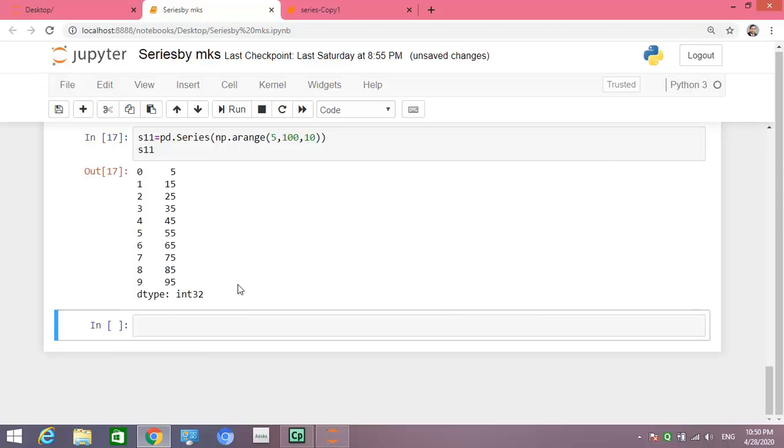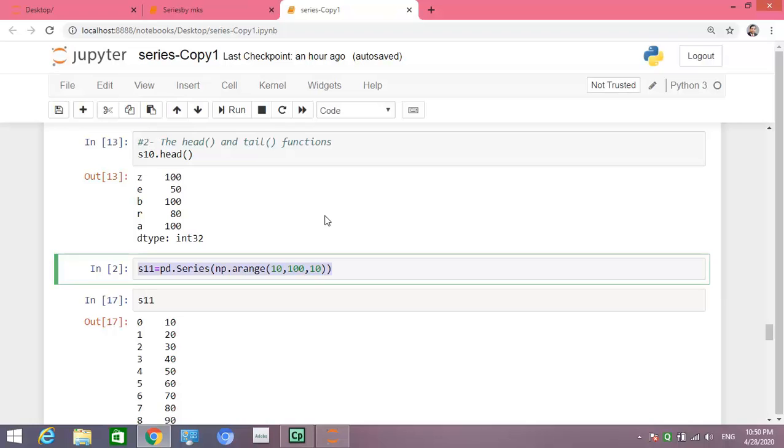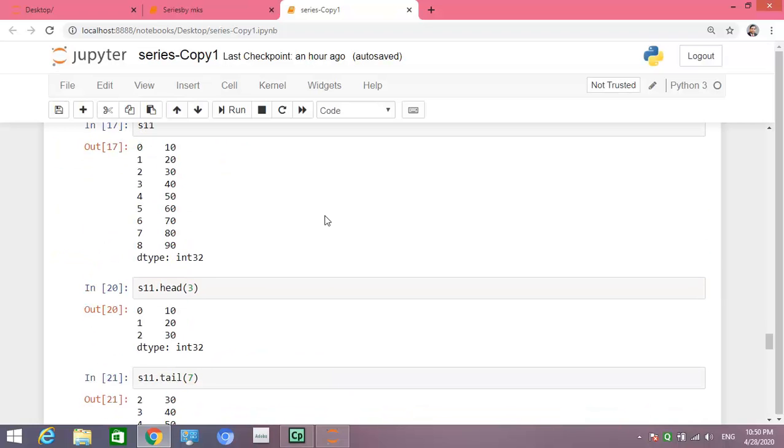Now we want to display 3 values from the top side and 3 values from the bottom side. So for that, what will you write? You will write head and tail.